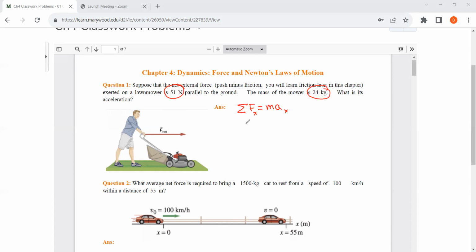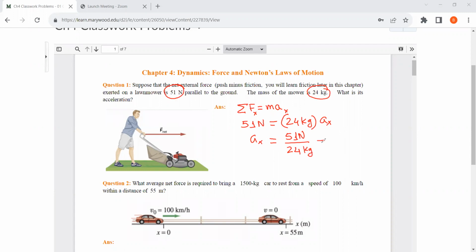So we can plug these two values: 51 Newton equals 24 kilogram times ax. So ax is 51 Newton divided by 24 kilogram,